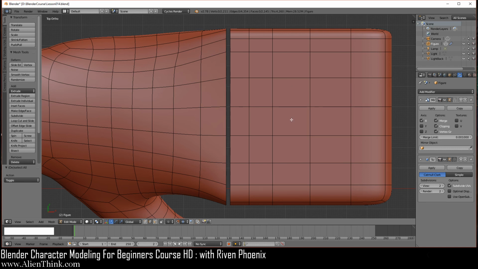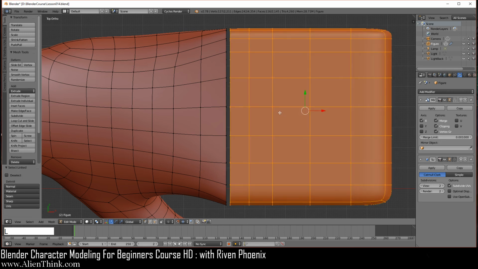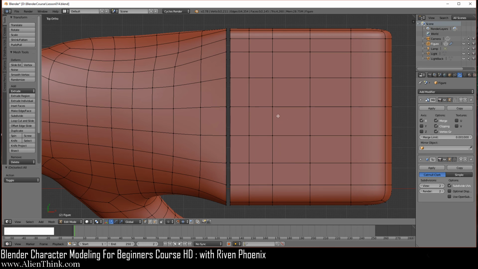So that means when you are right smack in the middle over here and you press the L key, it's not going to do anything, because you just have to sneak up on the edge and it'll select it. A to deselect. Same thing with the vertex, right? We know that we just have to be close to a vertex to select it, we don't have to be right on top of it. So when you press the L key and sneak up on that vertex, it'll select the whole piece, okay? So I just wanted to make sure you understand how the L key works and how these modes work over here.